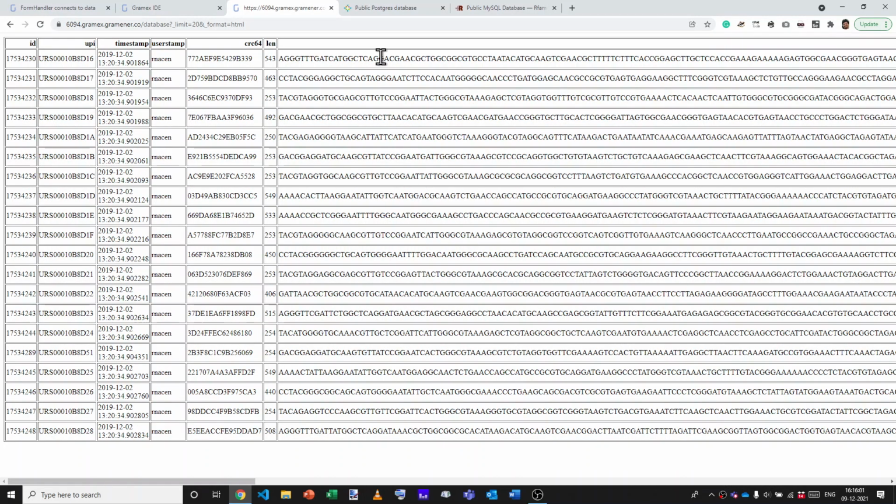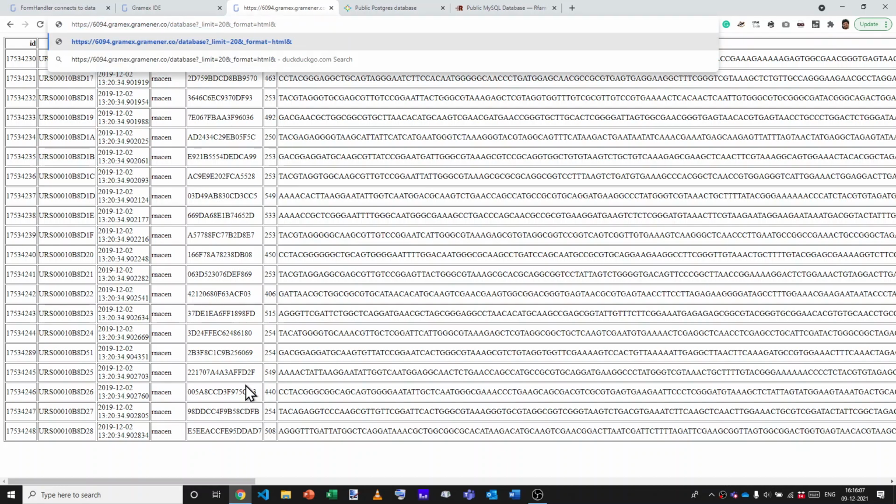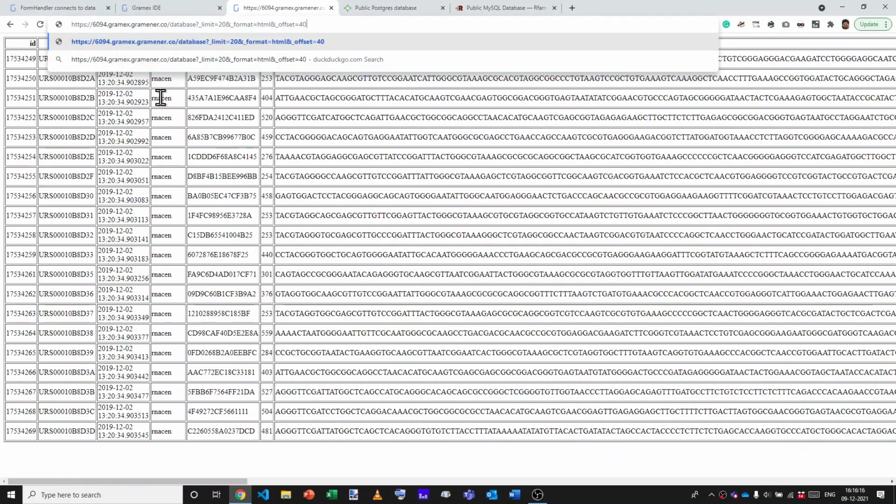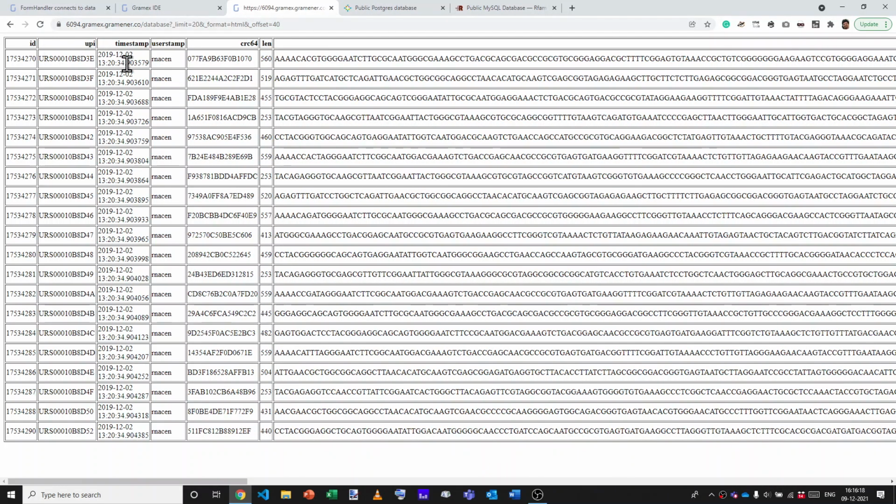And now we have the entire database available to us with the first 20 rows being visible, and we can paginate through it with offset. So start with the 20th, and that will refresh the data. Offset equals 40. That refreshes the data further, and we can step by step go through this entire data set.